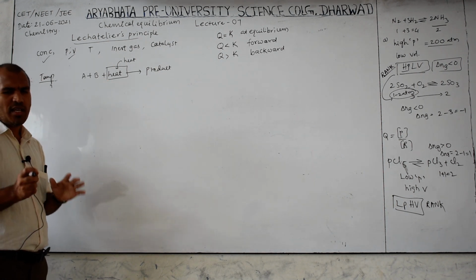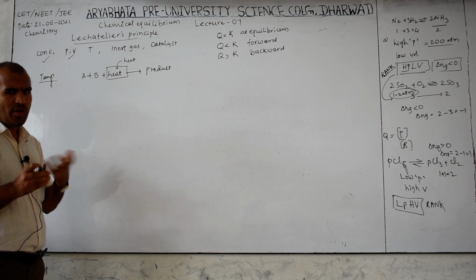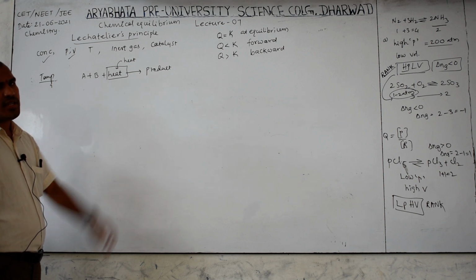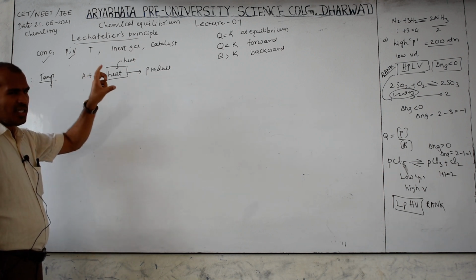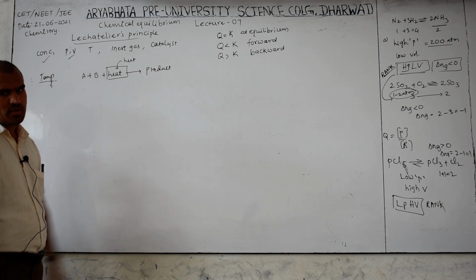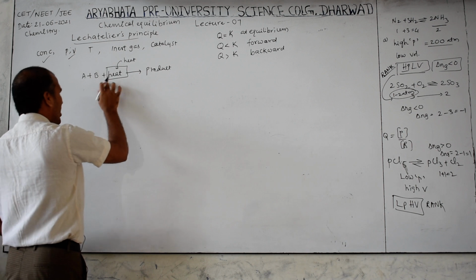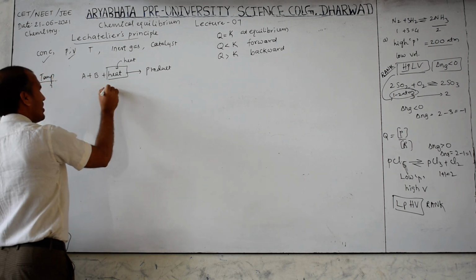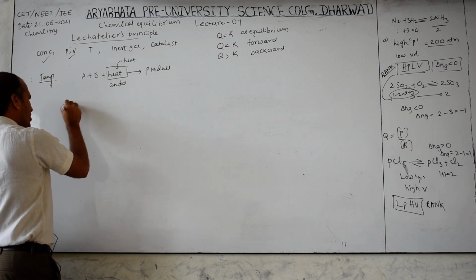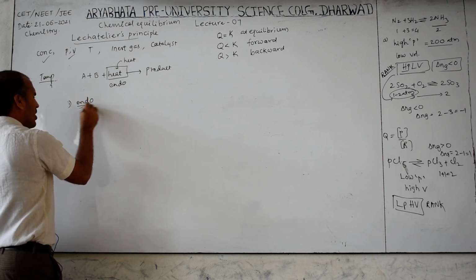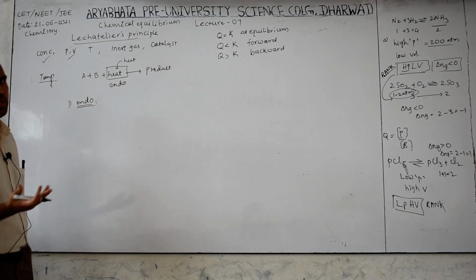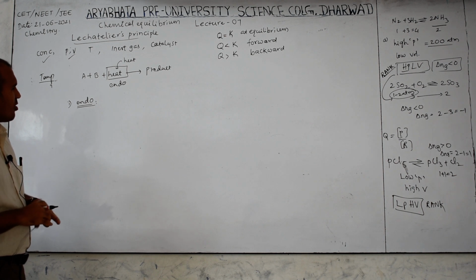Don't consider that we have to apply the formula, but it is similar to the concentration effect. Reactant side increase means what? Q decreases. Yes or no? Heat is added on the left side, meaning this is an endothermic reaction. For an endothermic reaction, which condition is favorable? High temperature is favorable. Why is high temperature favorable?